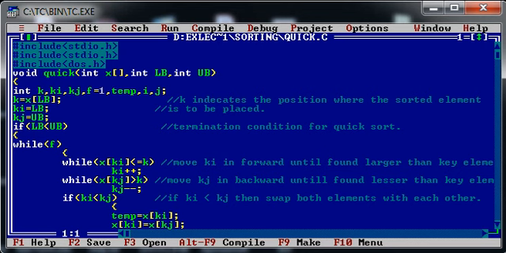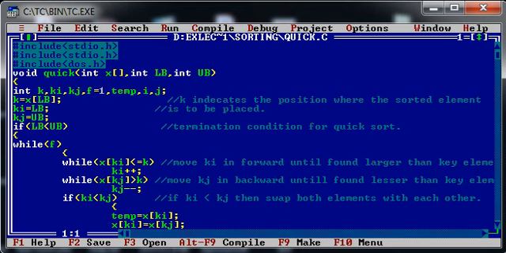Similarly, we reduce our kj pointer from right to left until we find a value smaller than the key value.